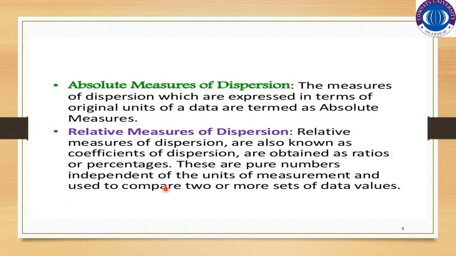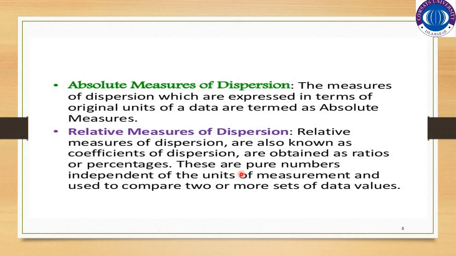There are two types of measure of dispersion: absolute measure of dispersion and relative measure of dispersion. The measures of dispersion which are expressed in terms of the original units of the data are termed absolute measures of dispersion. Relative measures of dispersion, also known as coefficients of dispersion, are obtained as ratios or percentages. These are pure numbers independent of the units of measurement